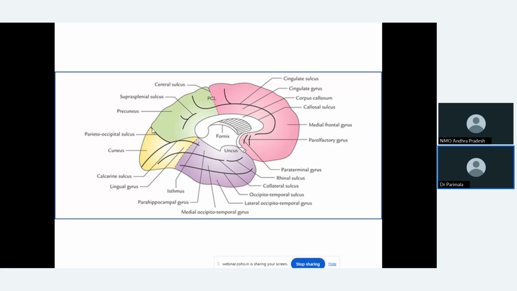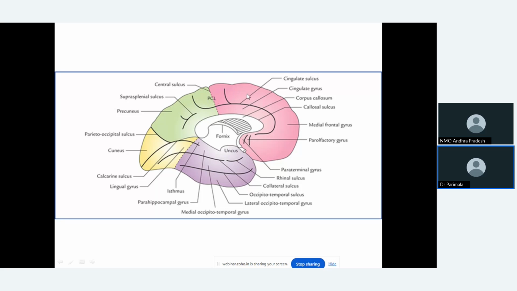In the same way, the major sulcus of the supralateral surface, the central sulcus, extends on to the medial surface. Around this central sulcus, this lobule is called paracentral lobule. Para means by the side of the central sulcus. This paracentral lobule also has extension of the precentral gyrus and the postcentral gyrus. So here the perineum, leg and foot are represented.